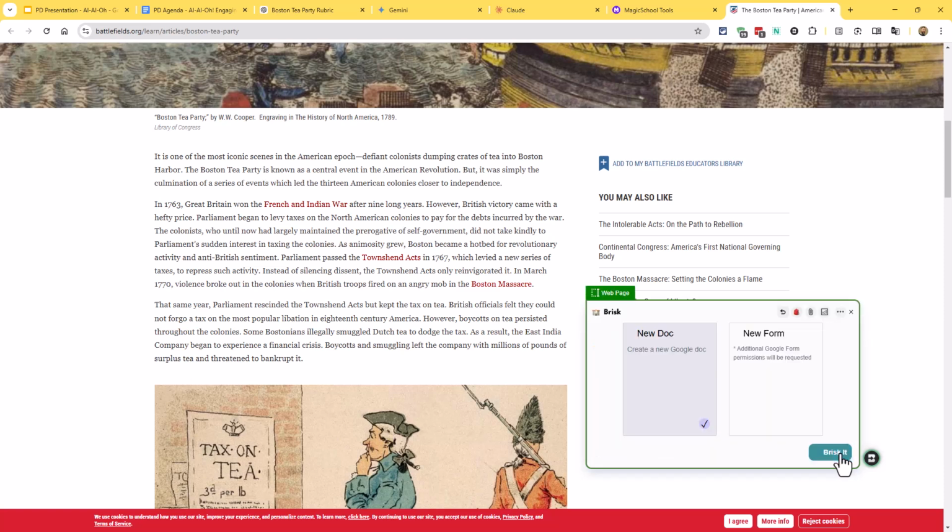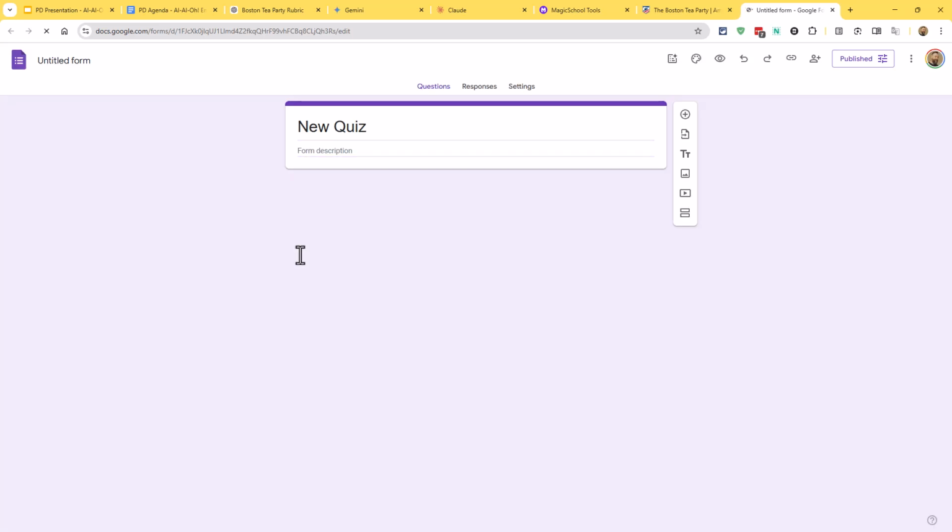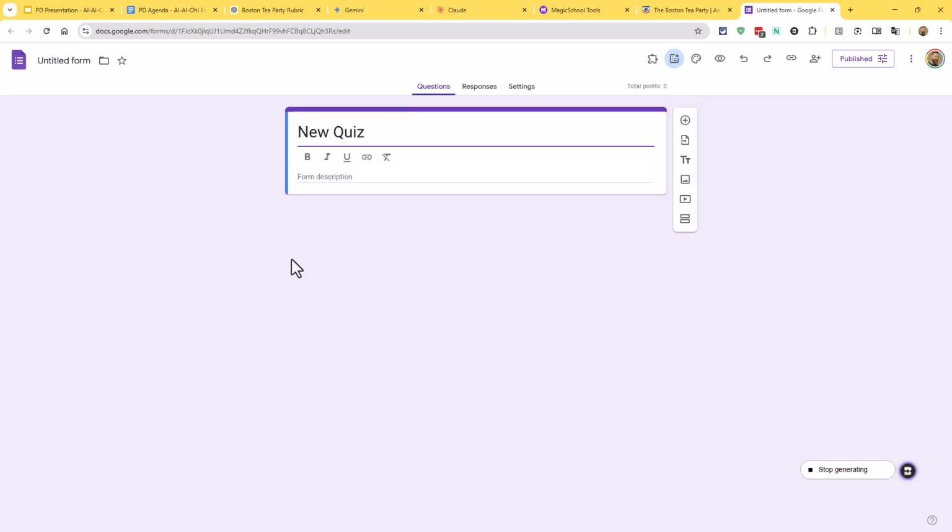And there we go. Hit next. Say, let's make a Google form out of that. Hit the Brisk button. And that's it, folks. It's going to read the article. And now it's going to generate a Google form for us, and it's going to fill in all of our